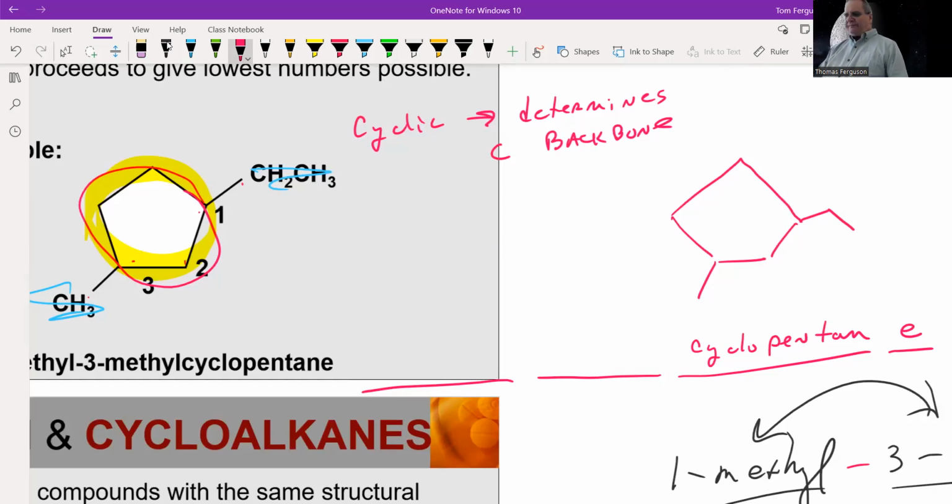Now you can number 2 ways. You can name left to right, right to left. So if we name it from the ethyl first, because E comes before M, so we have 1-ethyl, 3-methyl,